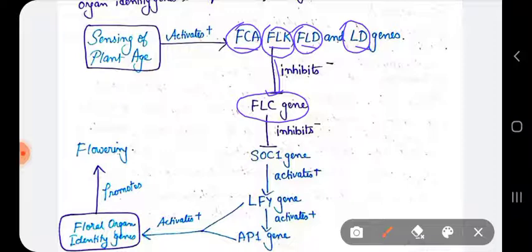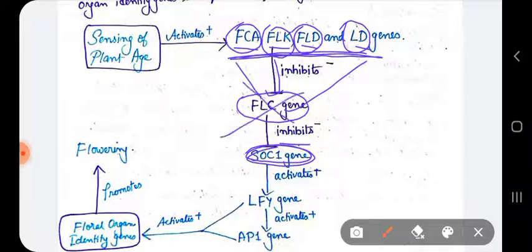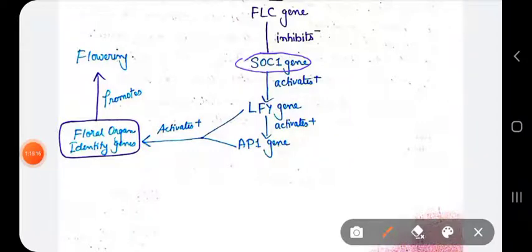FLC gene, as I have said, flowering locus C. This gene inhibits the SOC1 gene. Now, as these four genes are inhibiting the expression of FLC genes, SOC1 gene is going to be expressed now. And this SOC1 gene, as I have mentioned in the first pathway, the vernalization pathway, activates